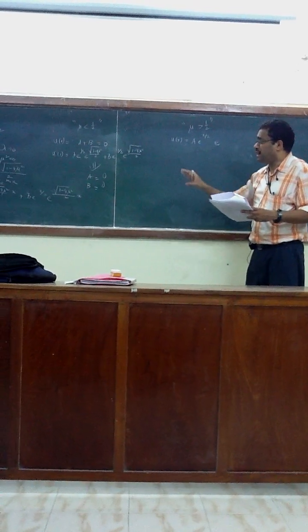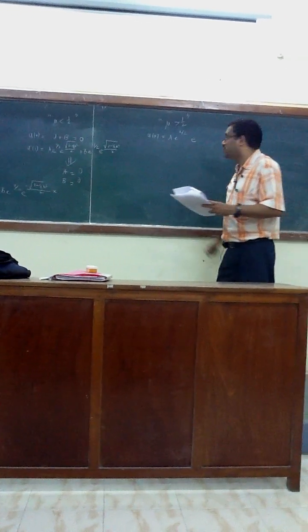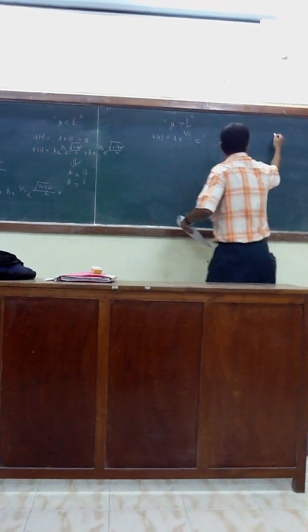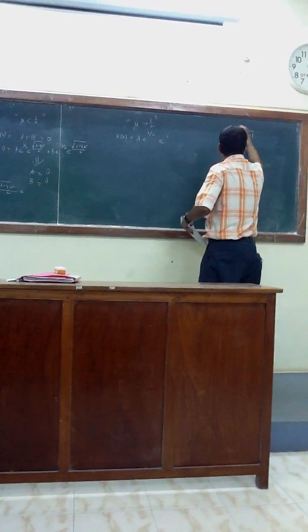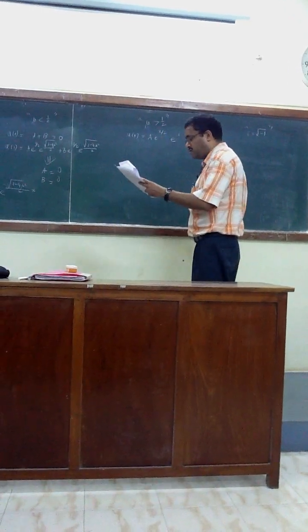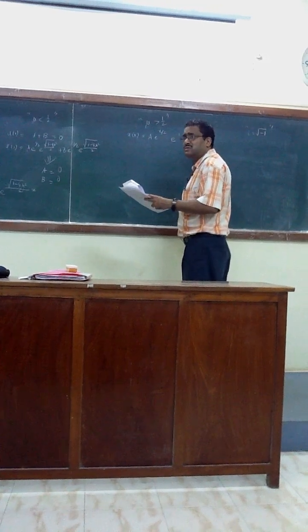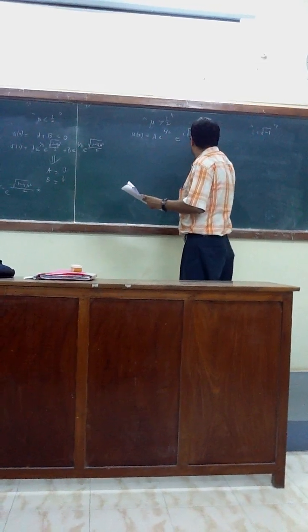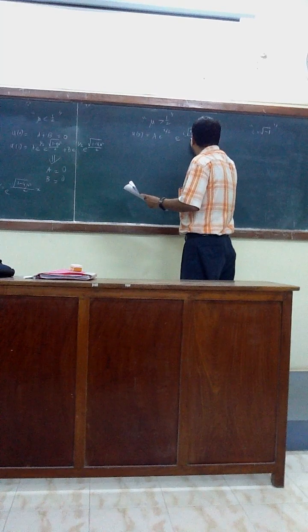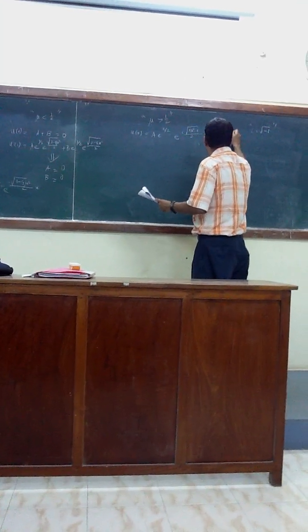That means a negative value will be coming under the square root, and we know that i equals root of minus 1. So if you substitute, what will you get? e to the power i into square root of 4 mu square minus 1 by 2 into x,